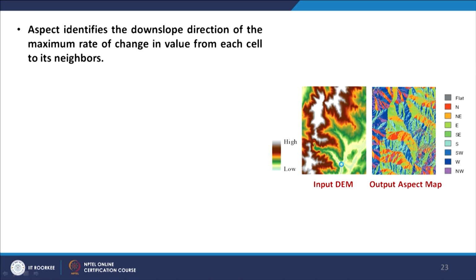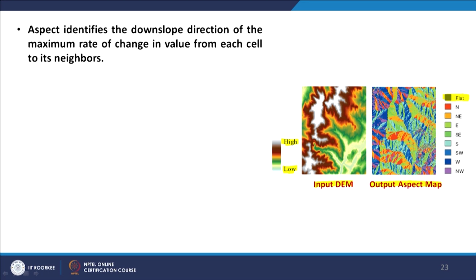Now, let us see some examples here. This is my digital elevation model, where these are representing low elevation values and high elevation values. When this is subjected to aspect calculation, this is what I see. The aspect is here. Of course, it depends whether that area is having a flat part or not, but generally a few cells will be counted or identified as flat part.